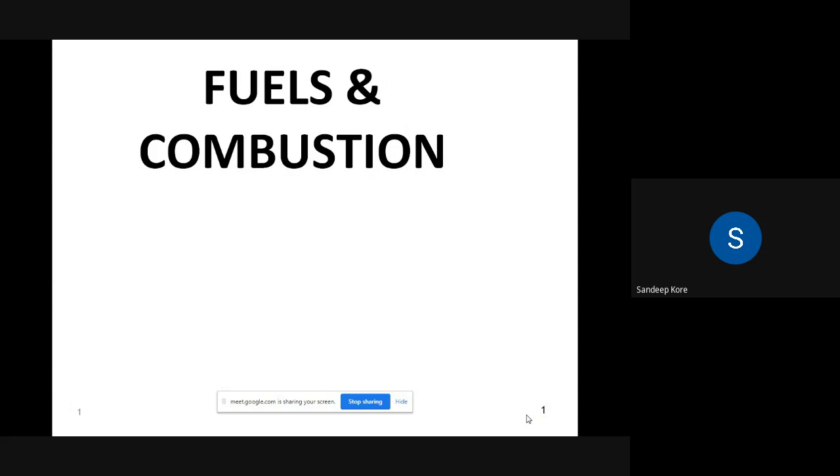In the combustion chamber, our aim is that all the fuel particles or molecules should be utilized, should be burned. Then only do we get a higher amount of energy. If some of the fuel particles are not burning, that is a loss for us because they are not taking part in the combustion process. So while designing a combustion chamber for your IC engines, for a petrol engine or a diesel engine, due care is taken so that every fuel molecule gets the oxygen.